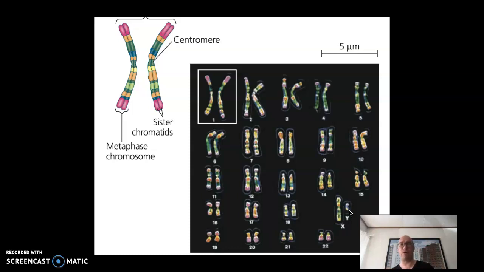So boys make sperm cells with chromatid 1 till 22 plus an X, or 1 till 22 plus a Y. The Y sperm cells, they make up boys together with an X cell. The X sperm cells, they make up girls with an X cell. So that's why we say that boys determine the sex, while sperm cells determine the sex of the child. Okay, so